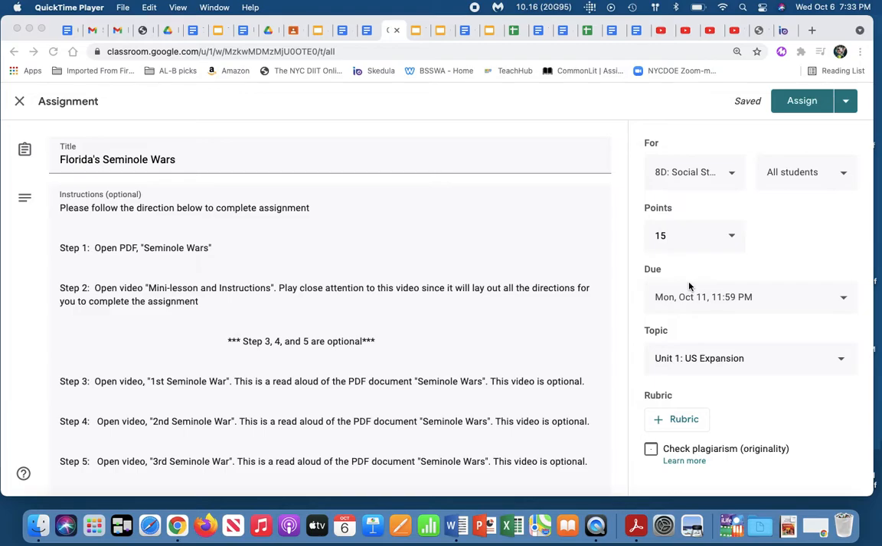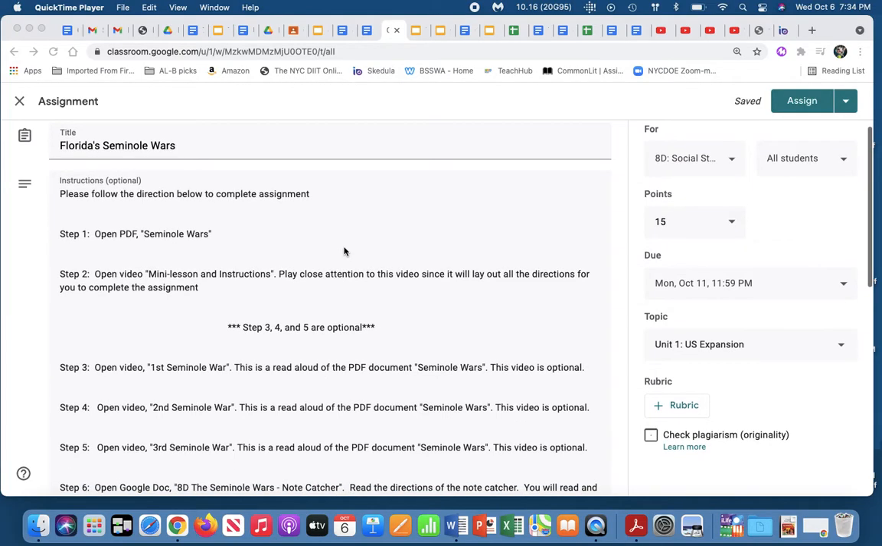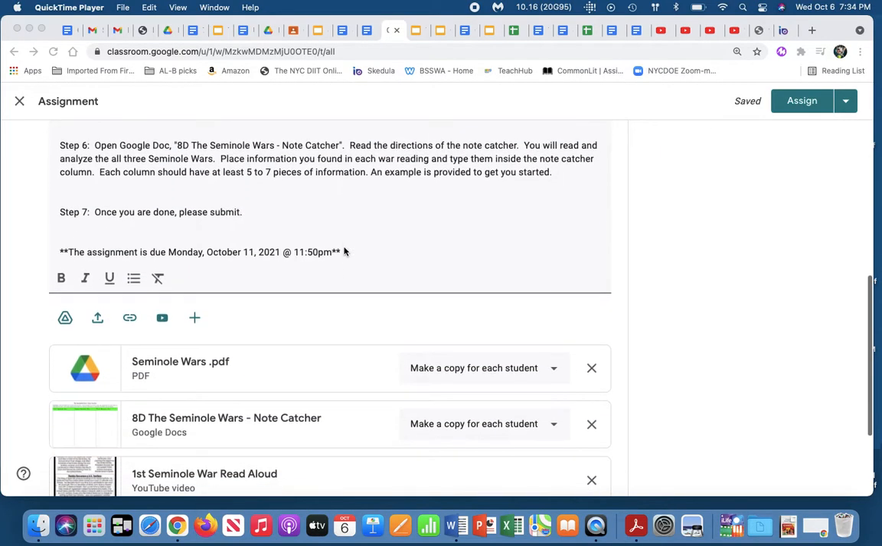However, I'm going to be honest with you, you're probably not going to need all that much time. The readings are very simplistic and they're easy to follow. However, I did make it easier for you with some read aloud videos. So let's go ahead and jump into it. First things first, you want to go ahead and open the PDF. So step one, open PDF Seminole Wars. You will come down here and go ahead and open it,